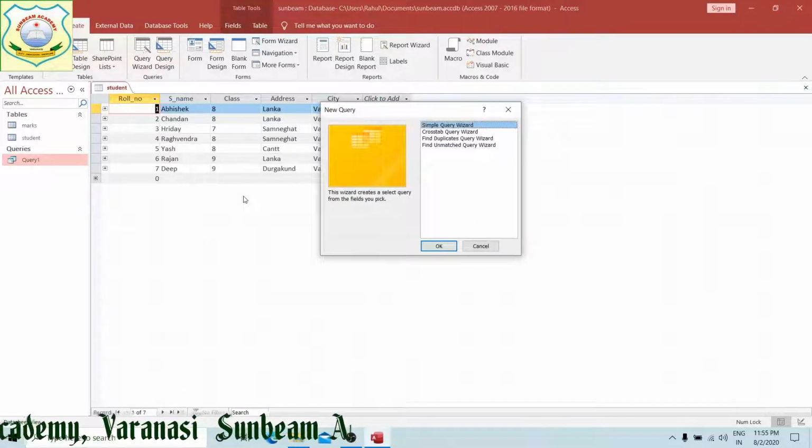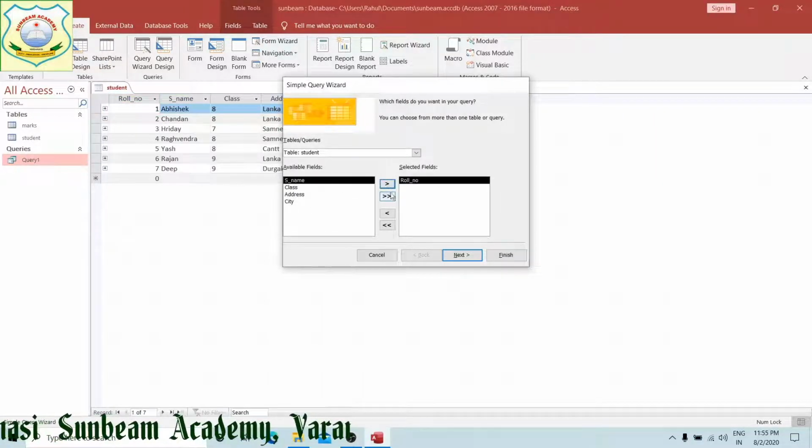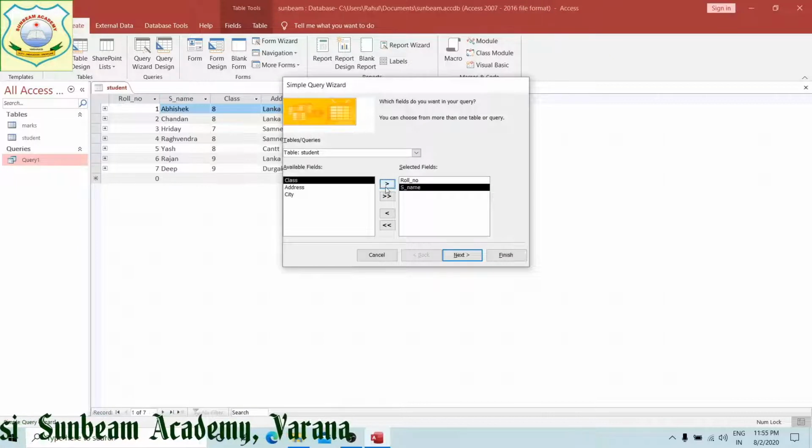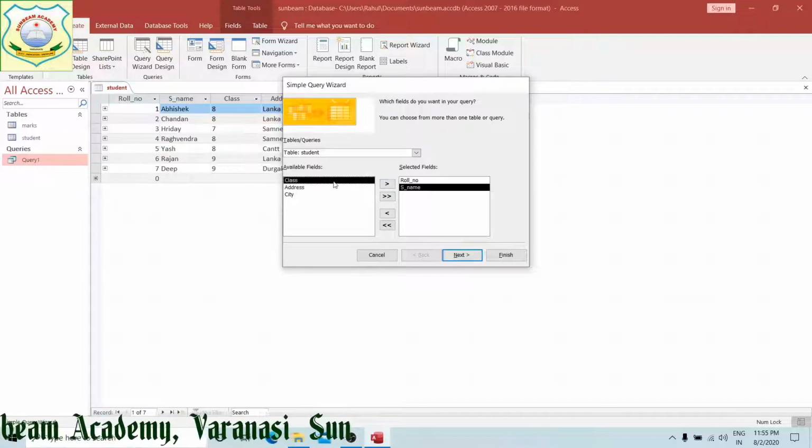When you click on query wizard, now you will see that simple query wizard, cross tab, full find. I am going for simple query. Now into this table students, I am going to take roll number, student's name, by this one whatever you need. If all, then you will select all option. Then address I need, sorry, class I need.